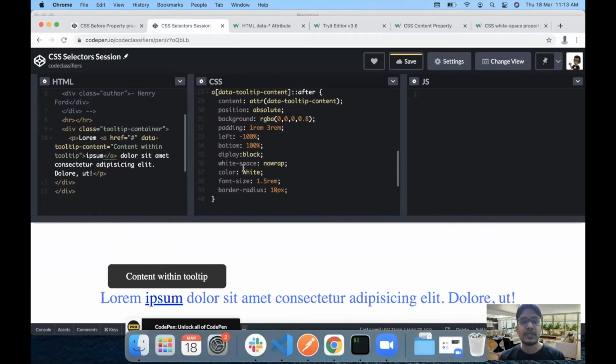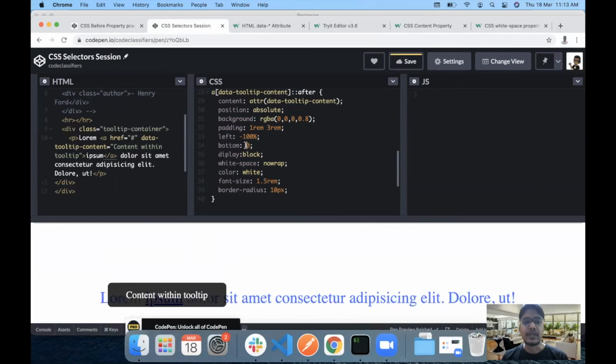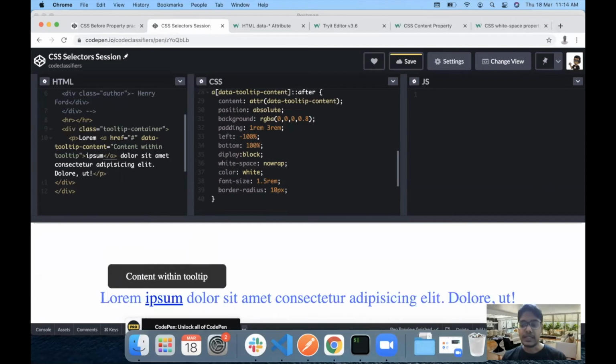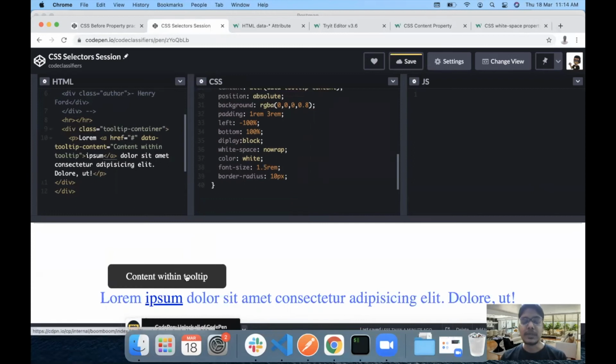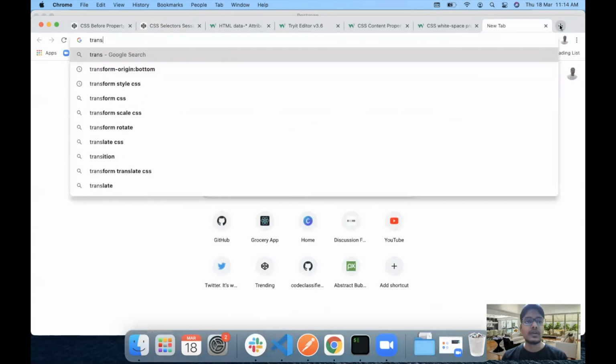Now the one thing which we notice is if I set this bottom to 0, the tooltip is at the bottom, and when it gradually goes to 100%, it shifts to the top. So that is one property which we are going to focus on while making this tooltip visibility dynamic. What I mean by dynamic is this tooltip should be visible only when I hover my mouse over this word, right? So for that, the first thing we need to do is hide this tooltip in the normal case. For that, we are going to use the transform property. Now transform property, for those of you who don't know, is used to change the size and position of elements.